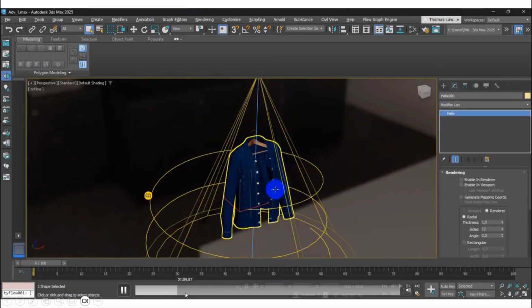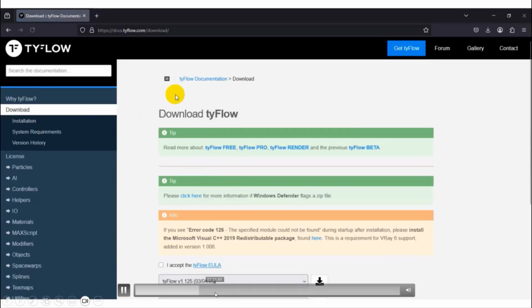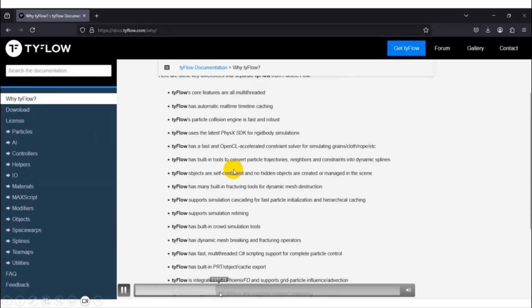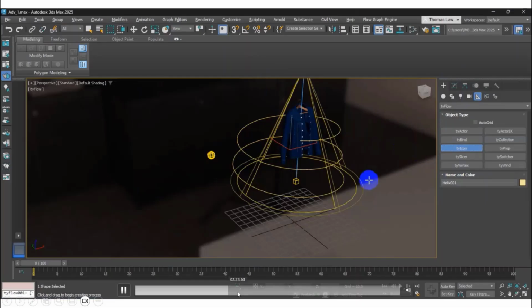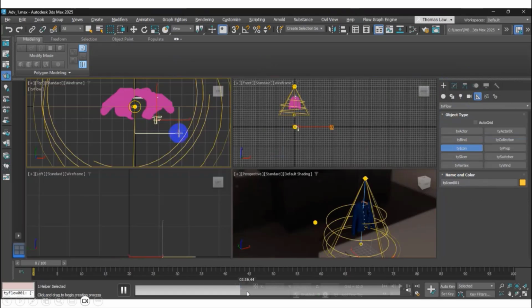So how to apply TyFlow inside? This is the TyFlow you need to download. Of course you need to download it, and it's free. First, we go to TyFlow, and there is the TyFlow icon.